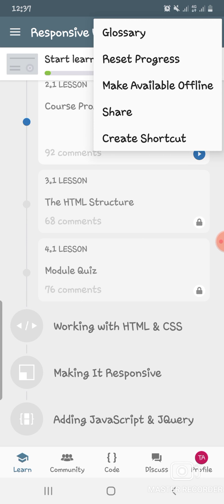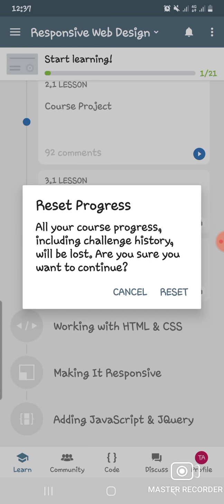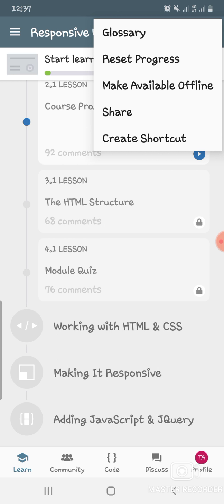And then you can reset your progress, and then you can make it available offline. So if you don't have any mobile data, or you're on low mobile data, you can just press this button and it will save this course on your phone,